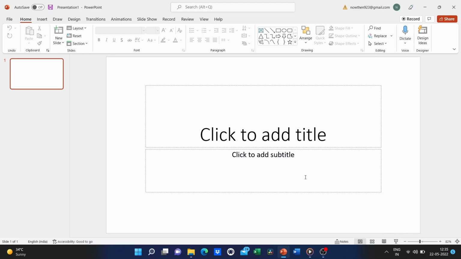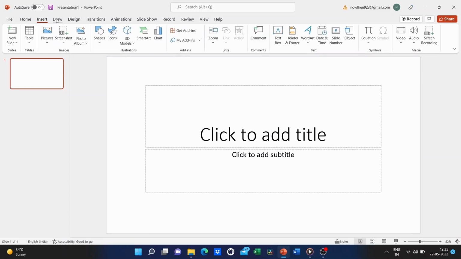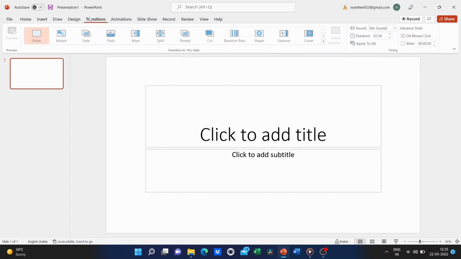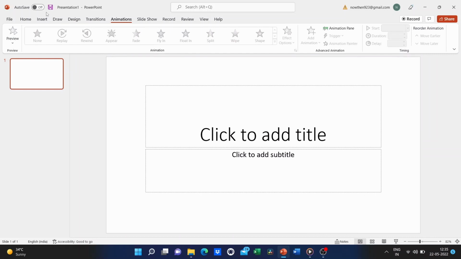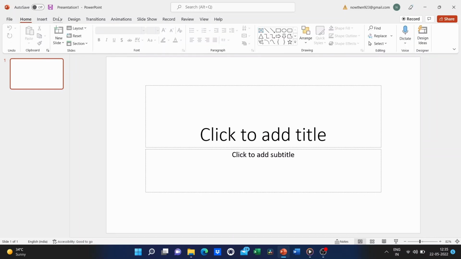That opens up PowerPoint. And let's take a minute to talk about the layout that we have to work with here. And there's some terminology that you'll need to know. First, we have tabs across the top. Each of these is a tab. And when you click on a tab, it gives you a series of tools on something that they call the ribbon, okay? So I click the Home tab. It gives me the Home ribbon. And I get a whole bunch of these tools.